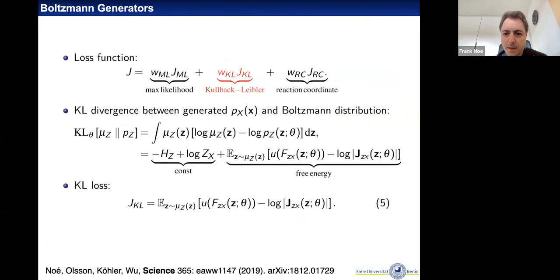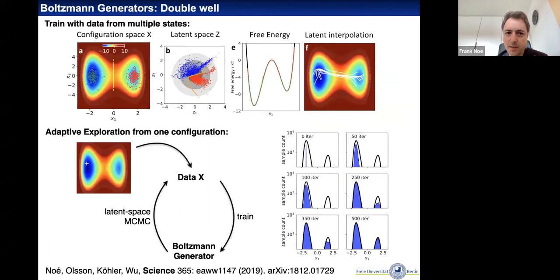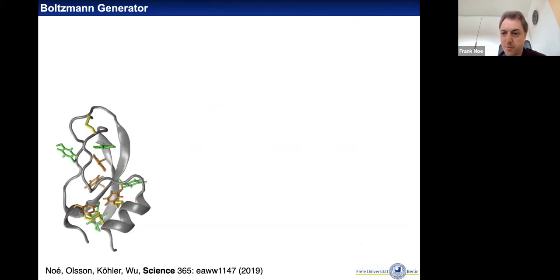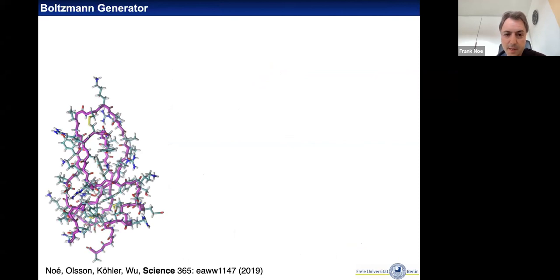And so basically, skipping over the implementation, what you can do is you can use these networks and combine that with other sampling methods to iteratively explore state spaces and then learn the Boltzmann generator to represent the highly populated states in these state spaces efficiently and to sample them efficiently, so that we don't have to wait for the rare events in sampling them. And we can push that up to systems like this. This is a small protein, BPTI, in implicit solvent, and we can generate structures like this in one shot.